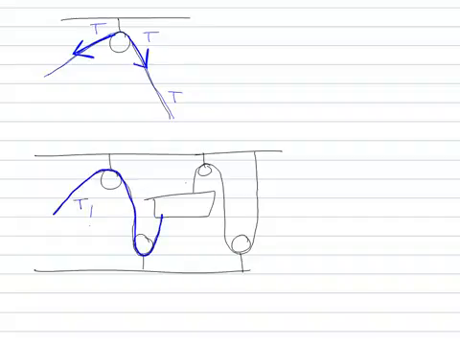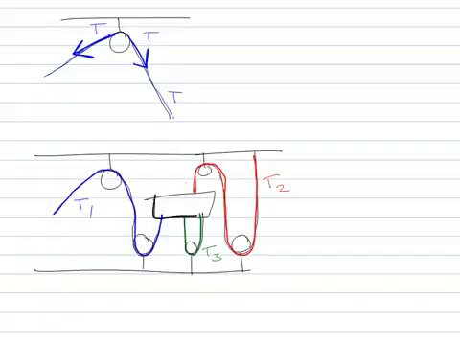So this cable would have a tension of T1 throughout it, but this cable over here would have a tension of T2. And if I added another cable here, a really silly cable, its tension would be tension 3. Okay, so if I was drawing a free body diagram of the block,